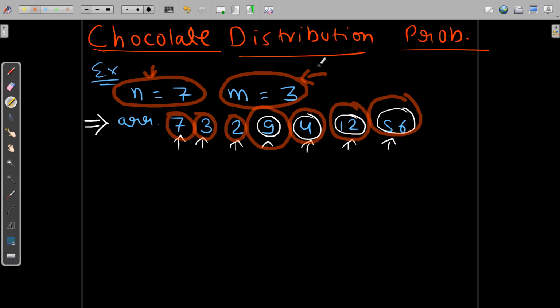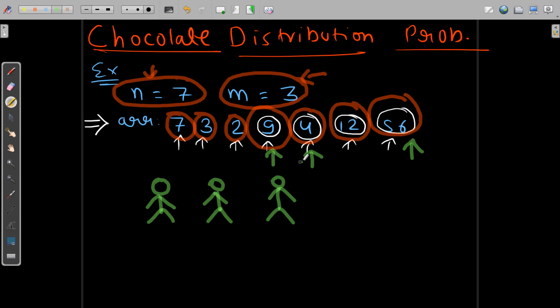Now let me tell you what I mean by this. So suppose these are the 3 children. I know I forgot to make the hands. Now suppose we choose this 56, this 4 and this 9.